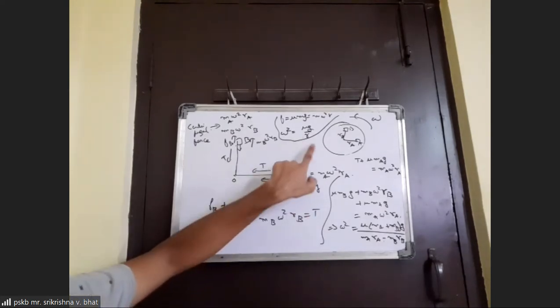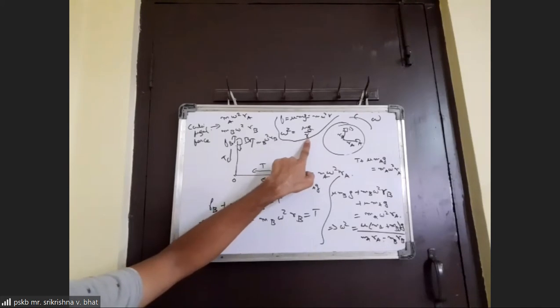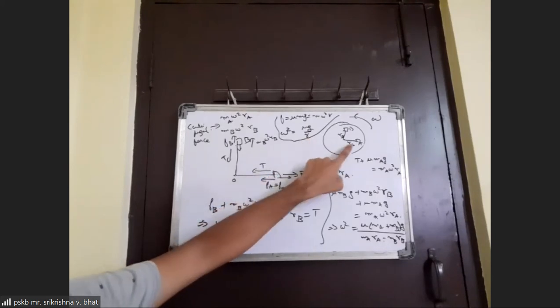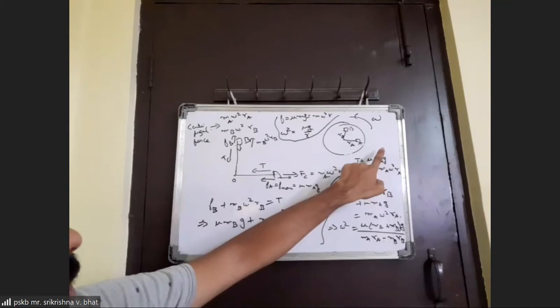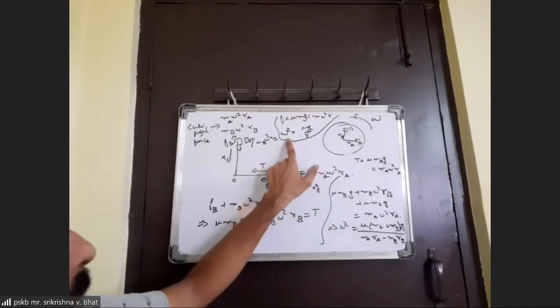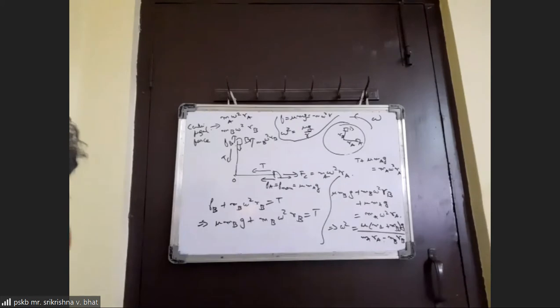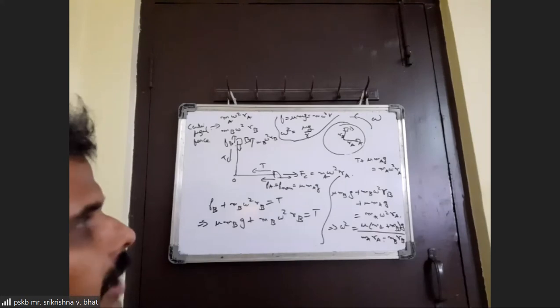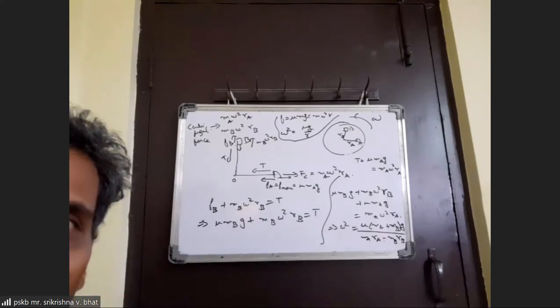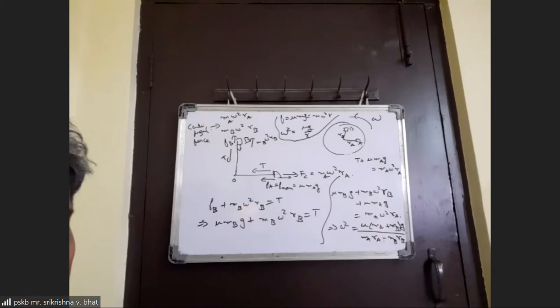Okay, as it is inversely proportional to r, it's clear that if the body is placed farther away, the value of this omega square, the maximum or limiting omega square, will be smaller. You're getting my point, right? Yes. So if the value of limiting omega square is smaller, what does it mean? It means that it is going to start sliding sooner.